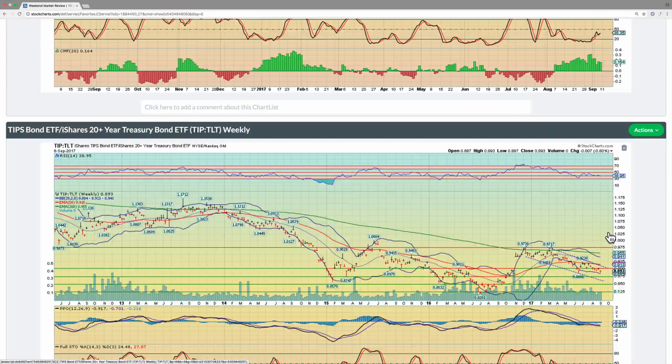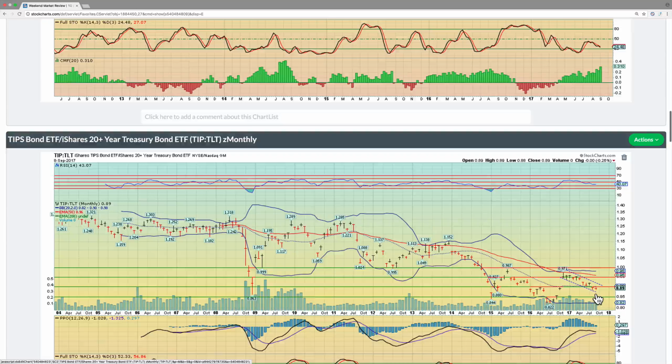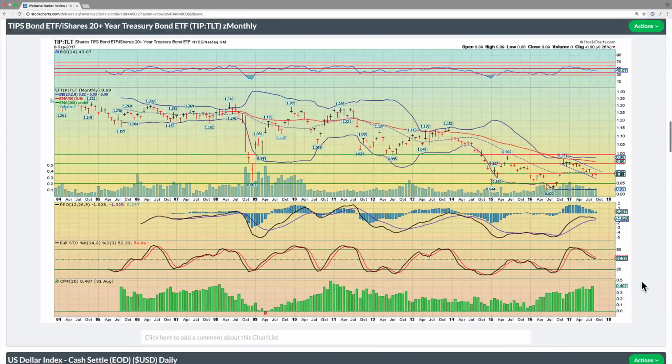be taken out to the upside, and that's where you do not want to be long bonds unless you've got a very long-term horizon. And on the monthly, same type of bullish flag pattern formation. We might see some additional downside here in the short run, but over the long run, this will break higher, and that'll confirm your cue to either get out of bonds or start shorting bonds, depending on what your investment